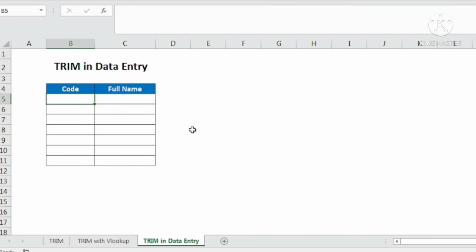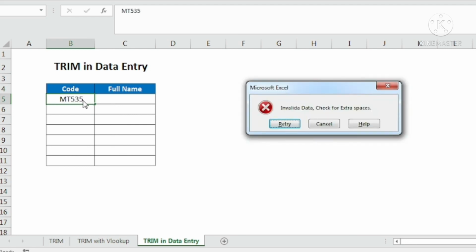So this message will appear if somebody enters invalid data. Now let us go ahead and check that. Here I will put some code, MT535. It is allowing me to put this data. Now I will put extra spaces. It's starting with a space, MT535. Then you can see here it is giving me the error.